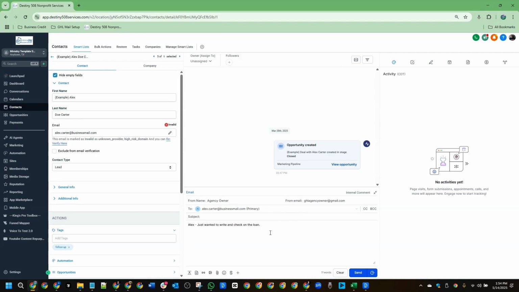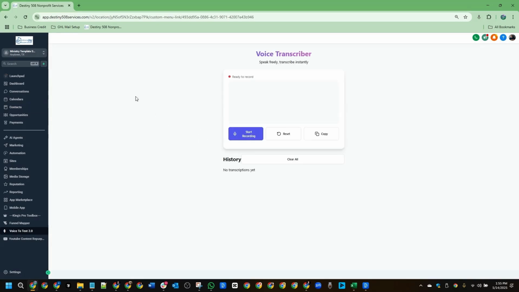So let's say this is what I came against today. I clicked on this email. I was writing this email to someone else, and I wanted to use the voice to text. So I clicked here, voice to text, and it took me directly to the voice transcriber, and it took me away from the email that I was writing. Well, in order to avoid that, we'll go back to